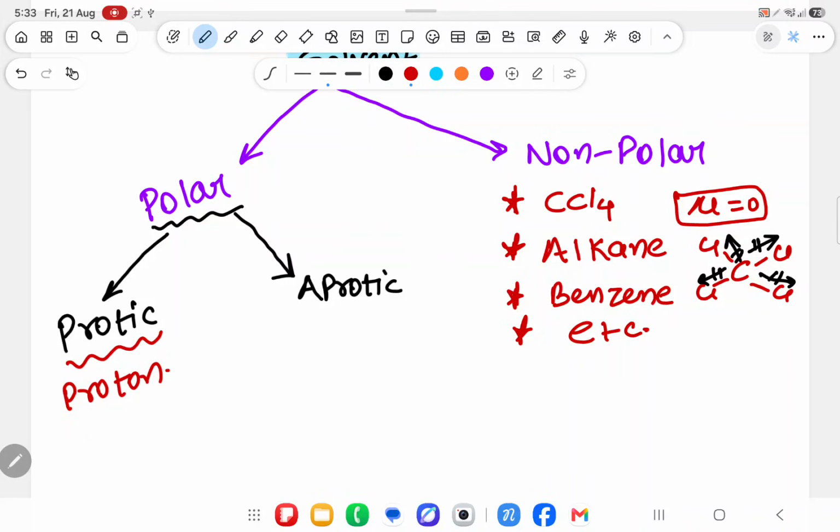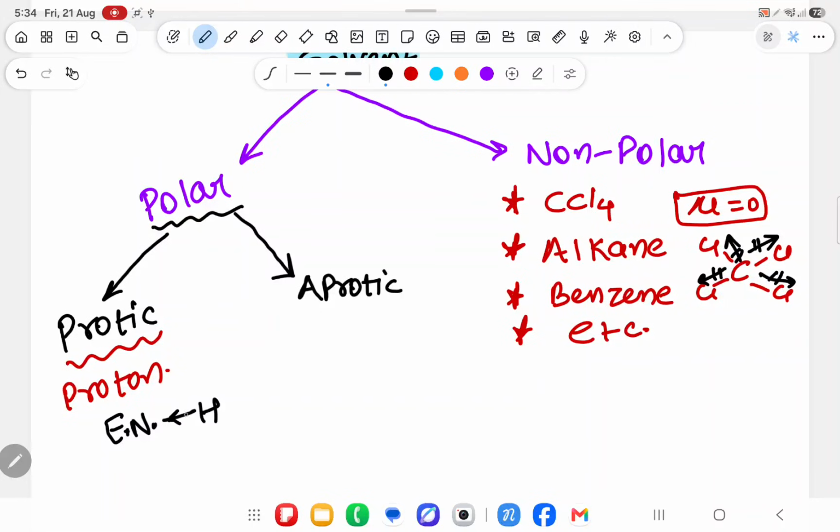Protic means there is a presence of proton. Whenever there is a polar protic solvent, what you will see is one electronegative atom, and if hydrogen is attached with that electronegative atom,